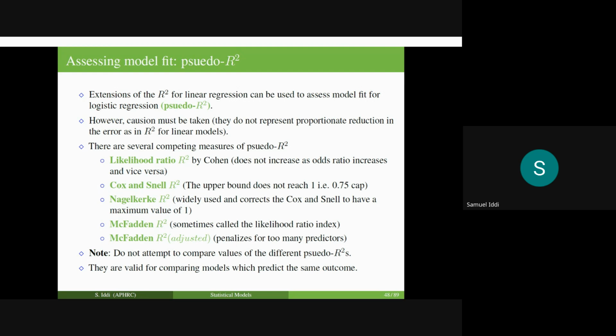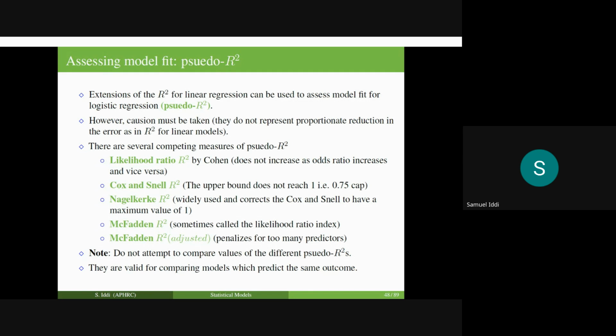So in linear regression, one of the most common metrics for assessing the fitness of our model is called the R square, or the coefficient of multiple determination. This R square, if we have a value, which oftentimes we can convert into a percentage, tells us the percentage or the proportion of the variability that is explained by the model. However,